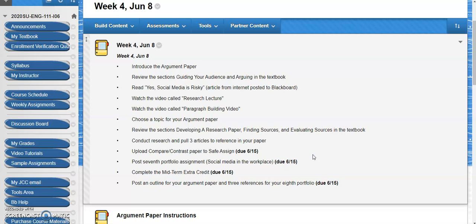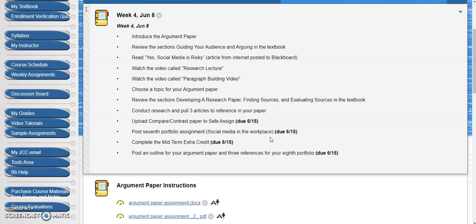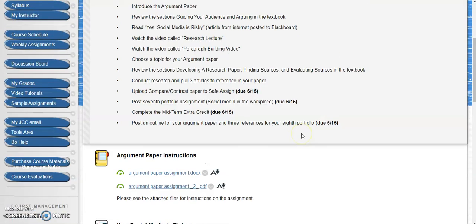I would not wait till next week to start working on your paper, because it is going to be a little more involved. The first paper was a narrative where you just got to write a story about yourself, and the second one was compare and contrast, where really it was just your opinion. You could write down whatever you wanted. This one you can't. This is your academic paper, where you can't use your own opinion. That doesn't work for research papers. You have to remove yourself completely. So keep that in mind.